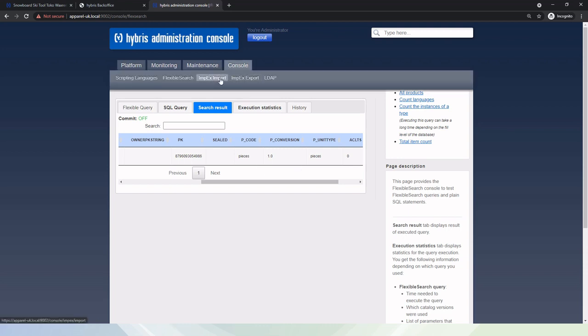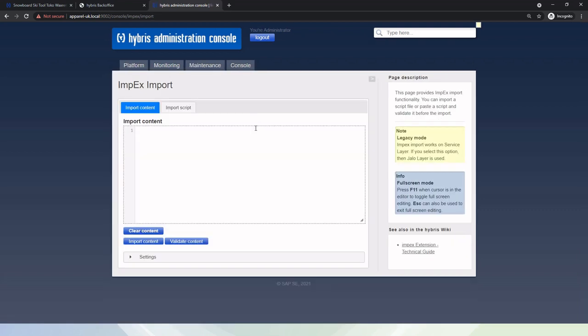The fourth operation that we can perform using this Impex import is insert update. Whatever activities we can perform in case of insert and in case of update, those activities can be done with this insert update command.